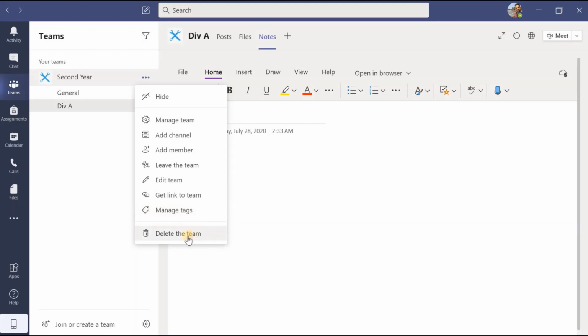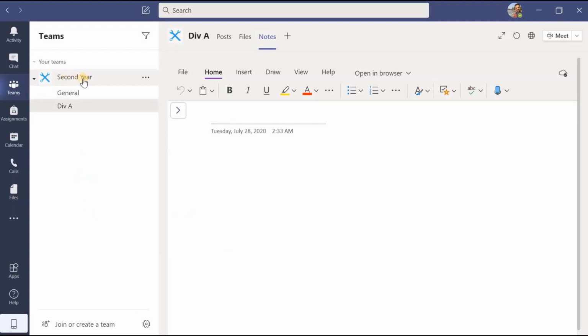And if you want to delete the team, you can click here, but make sure that if you click on this delete team, all the data associated with that team, along with your conversations, chat history, files, and documents, will be deleted. Don't worry, a backup will be there at the backend. Now we have explored what is there inside the second year team controls.